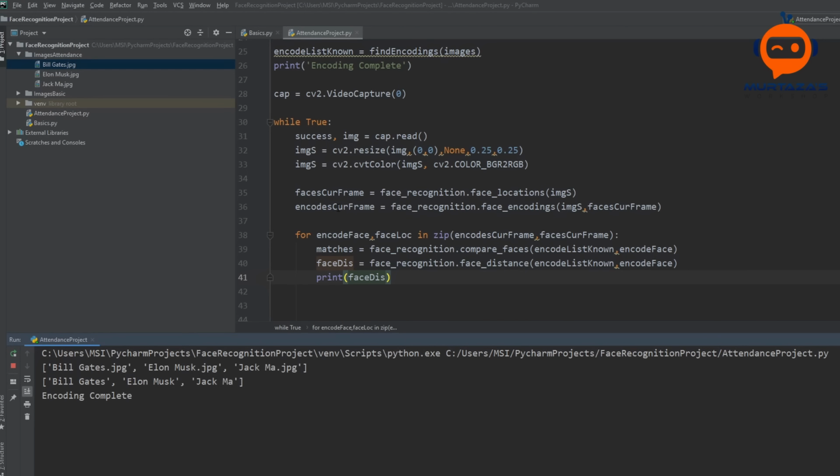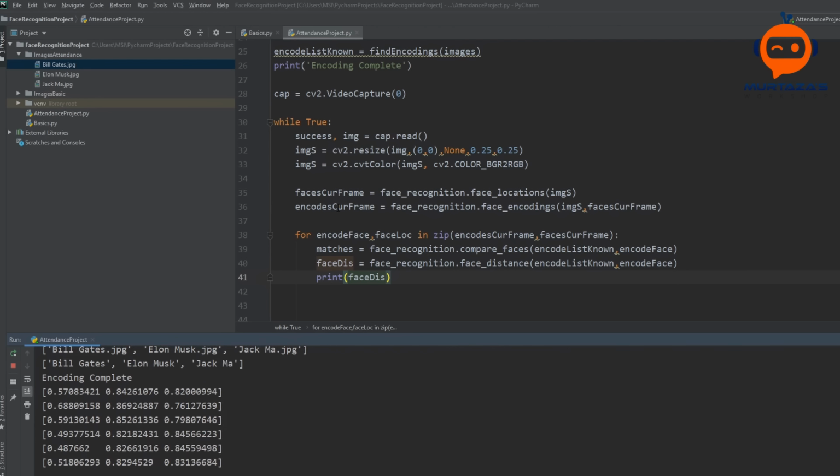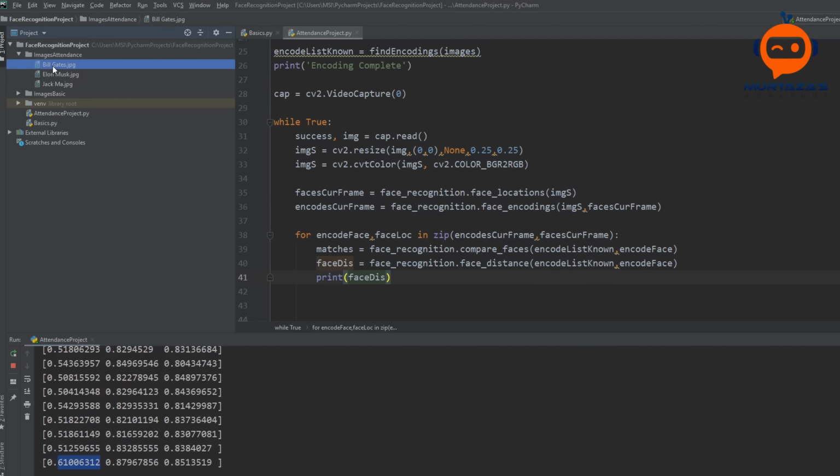But if I bring my webcam near to a Bill Gates image, you can see that it starts giving us values, and the value at the first element is the lowest. Because the image I'm showing is of Bill Gates, we have the lowest one at the first element, and the second and third are for Elon and Jack Ma. That's why they are higher values.